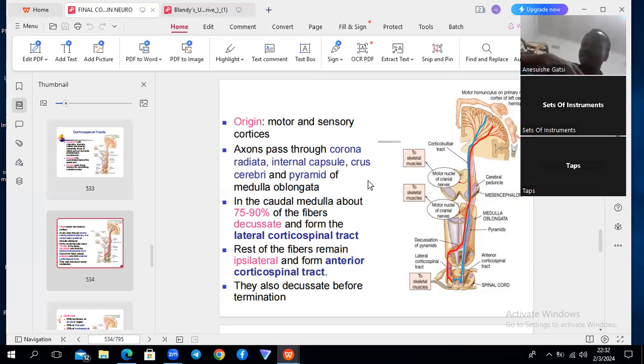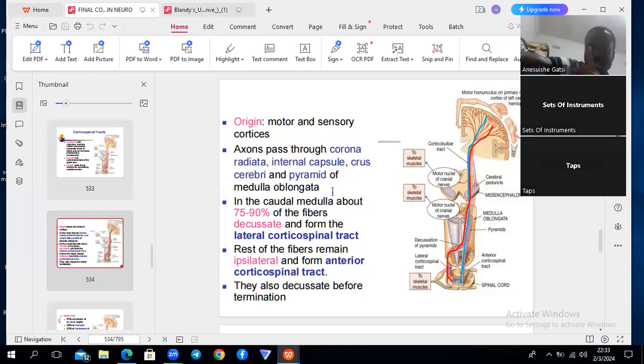They will be in the basis pontis. Then they go to the pyramids of the medulla where they decussate. But as they decussate, now we start to add finer detail. About 85%, that's the exact figure that we use, that is accepted in most books. About 85% of the corticospinal fibers will decussate. Don't worry about the 75 to 90 that is written there. About 85% of them will decussate and they'll go to the contralateral side where they're supposed to go, as the